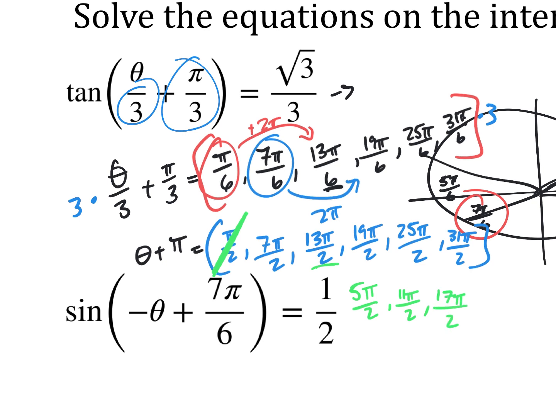Here's what I notice about all of these. I notice that all of these are bigger than, I'm sorry, bigger than 2 pi. And so if they're bigger than 2 pi, that's already telling me that I can't go any further because my numbers are just getting bigger. And so what I end up with is that theta actually has no solutions